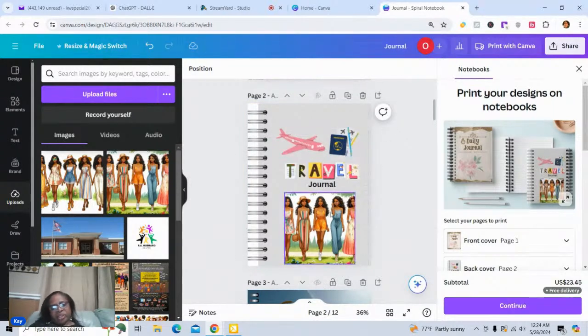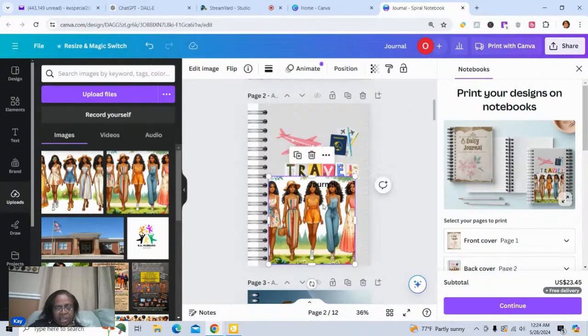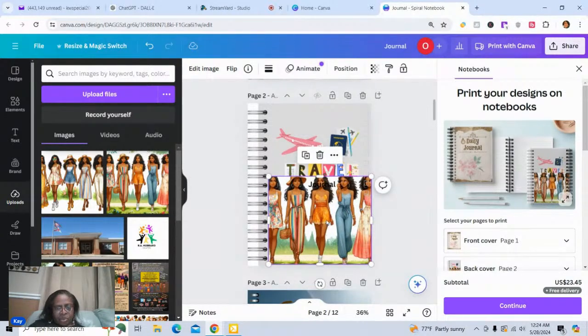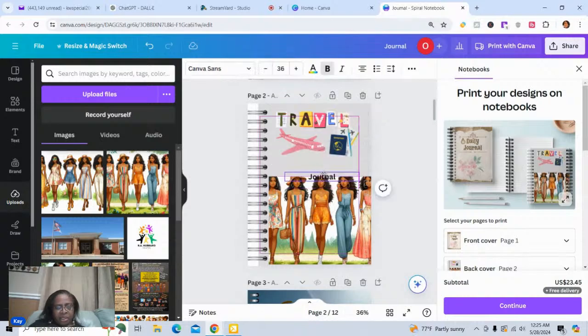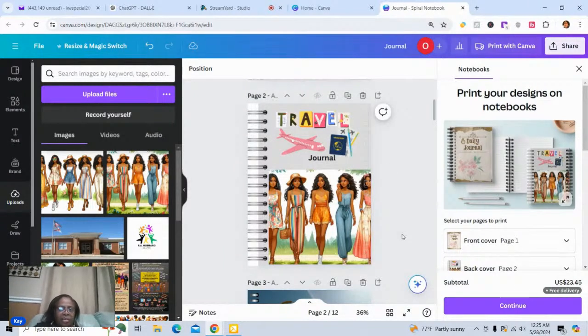You could actually take this background and do a couple of things. You could expand it if you wanted the models to show across. Let me move these elements up. If you wanted the models to show from one end to the other,